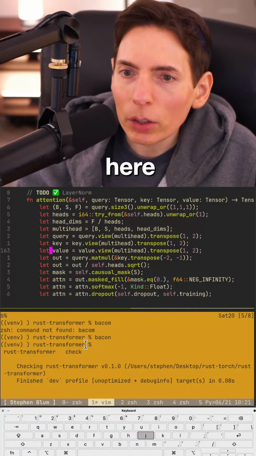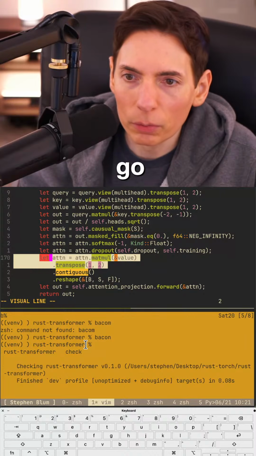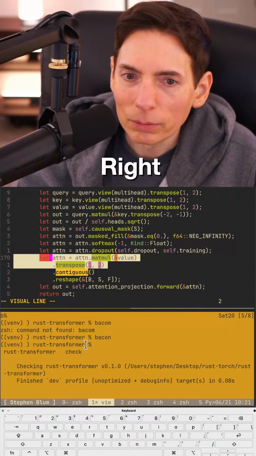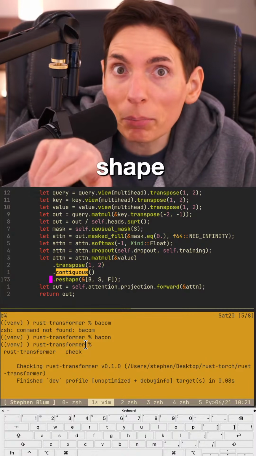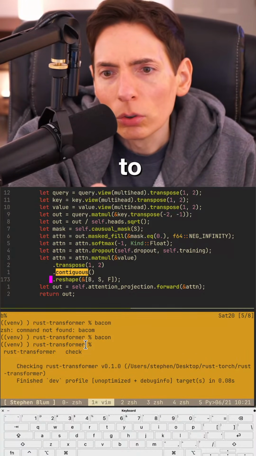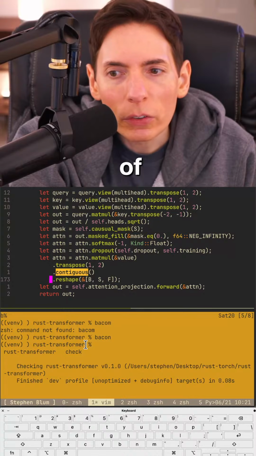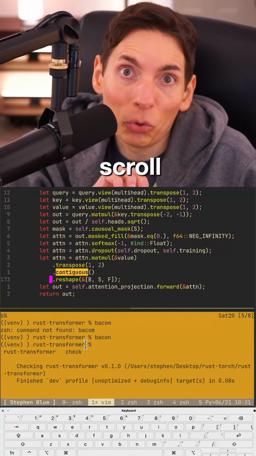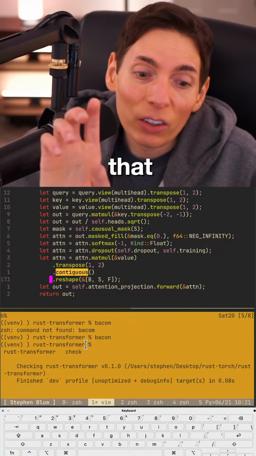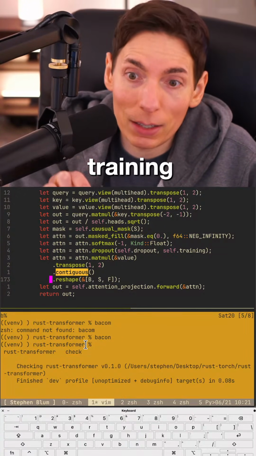So I transpose it here, I transpose again, and then I transpose it a third time to get it back to where it needs to go. I've confirmed that it goes back to the right shape. I guess it has to. Does it matter though, because of the shape? Actually, I don't know. We're going to try it. Hey, Squirrel Sniper, we're going to see if it works. Tomorrow we'll probably begin the training.